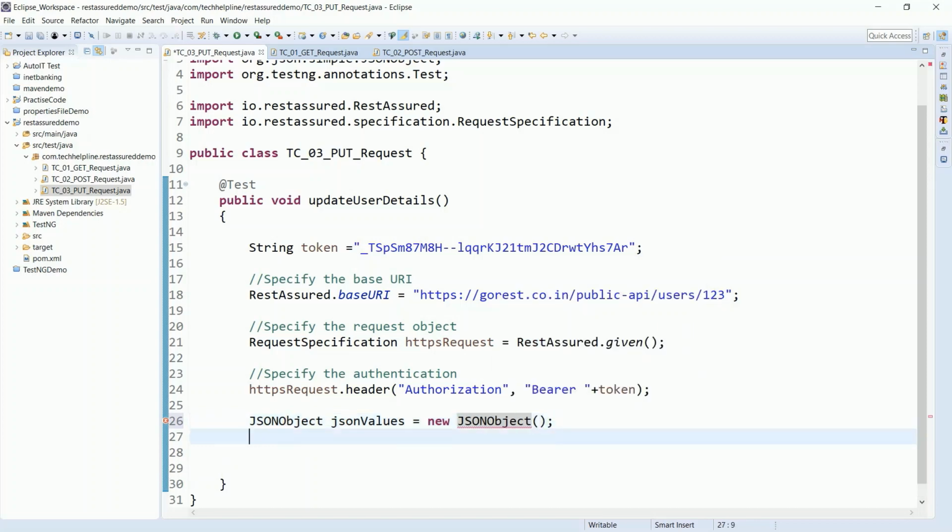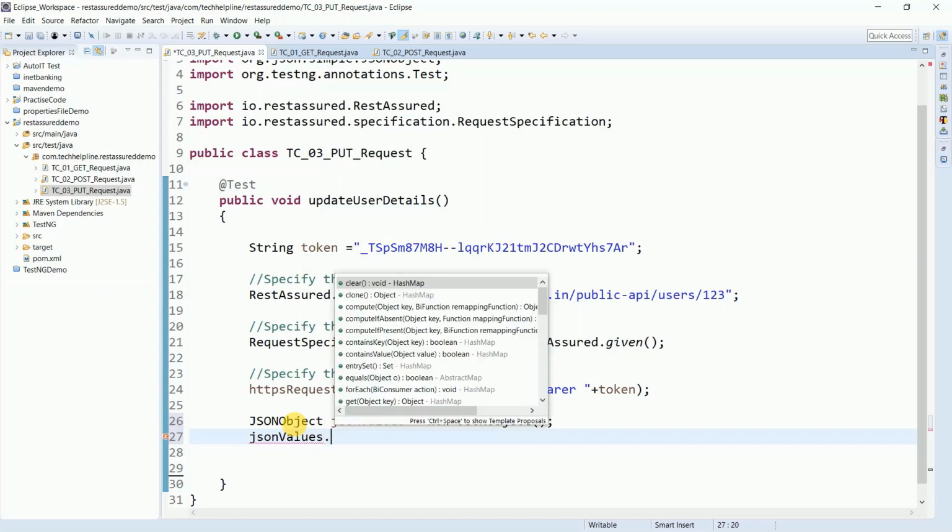Next we have to pass the user's details using the put method in key value pairs, jsonValues.